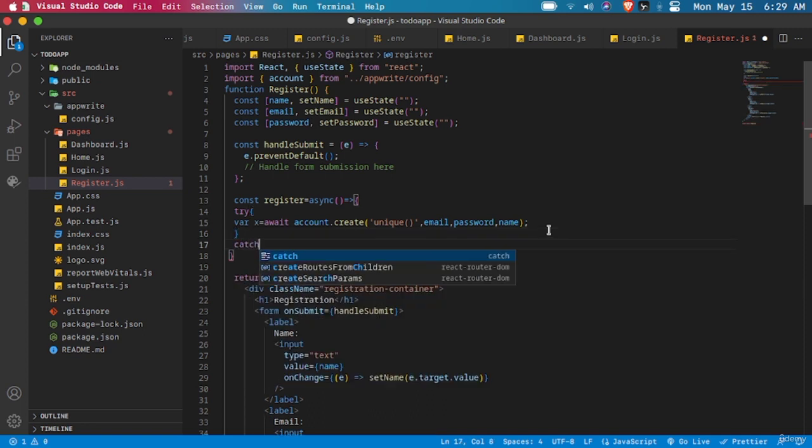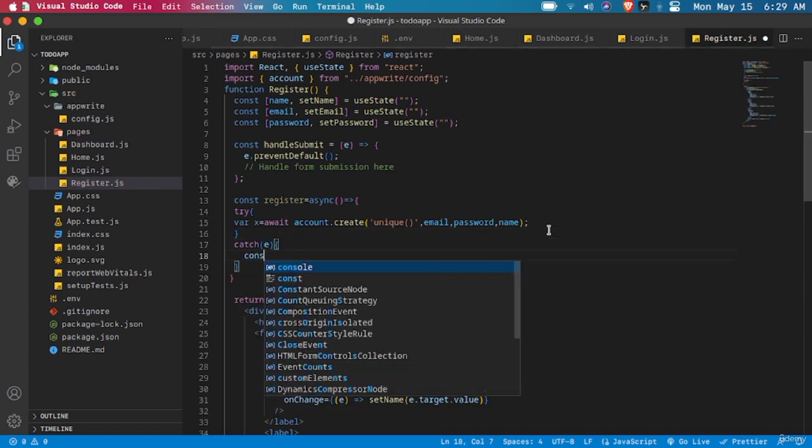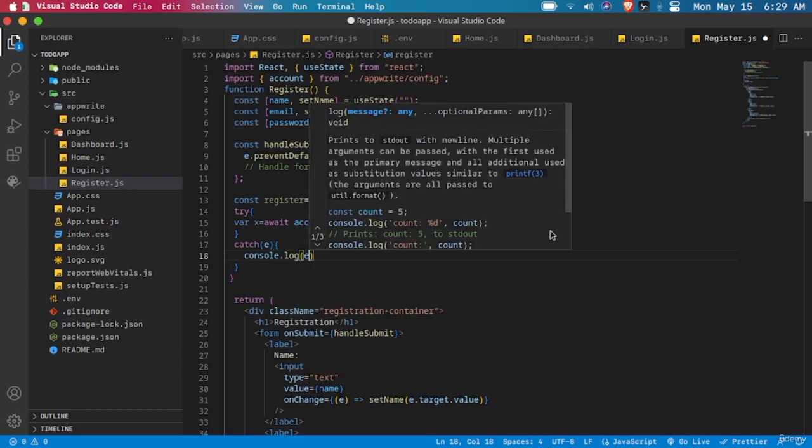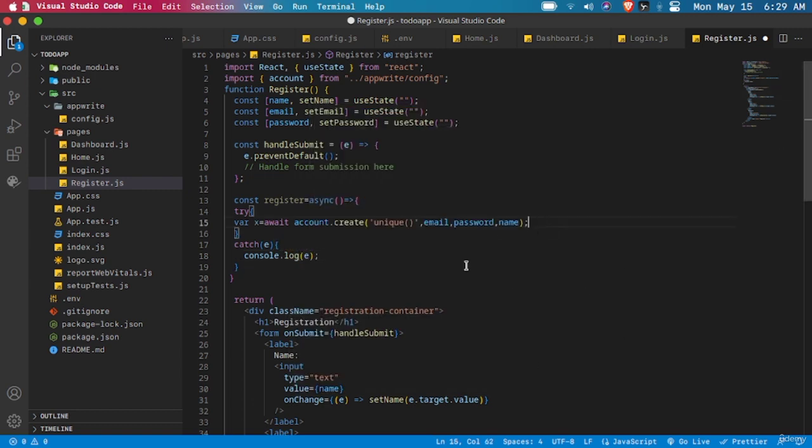Try catch error, console.log error. So yeah,